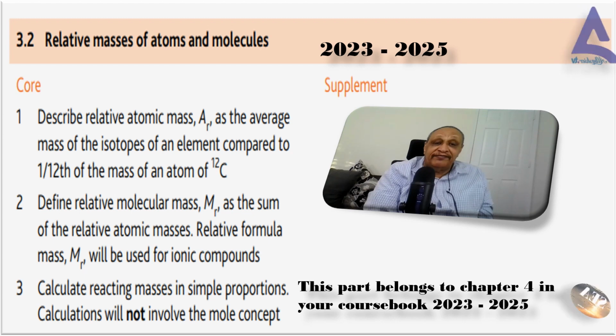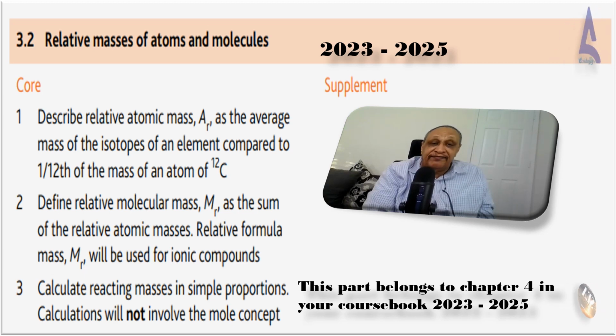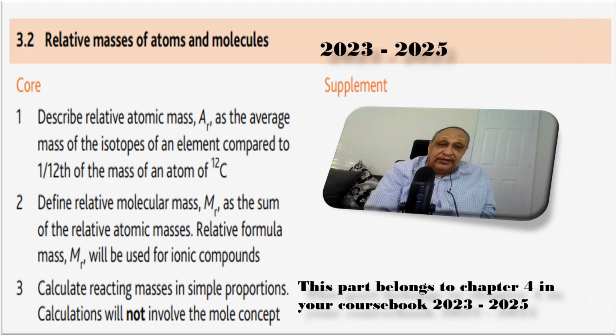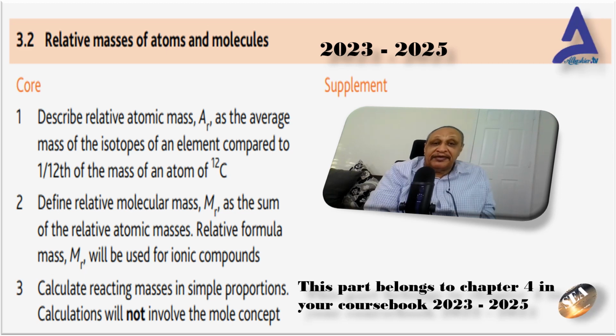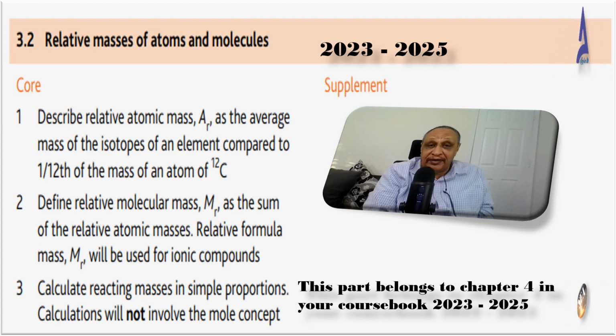Define relative molecular mass as the sum of the relative atomic masses; relative formula mass, Mr, will be used for ionic compounds. The first portion, the relative atomic mass, we finished, and we made a lot of calculations and solved a lot of problems